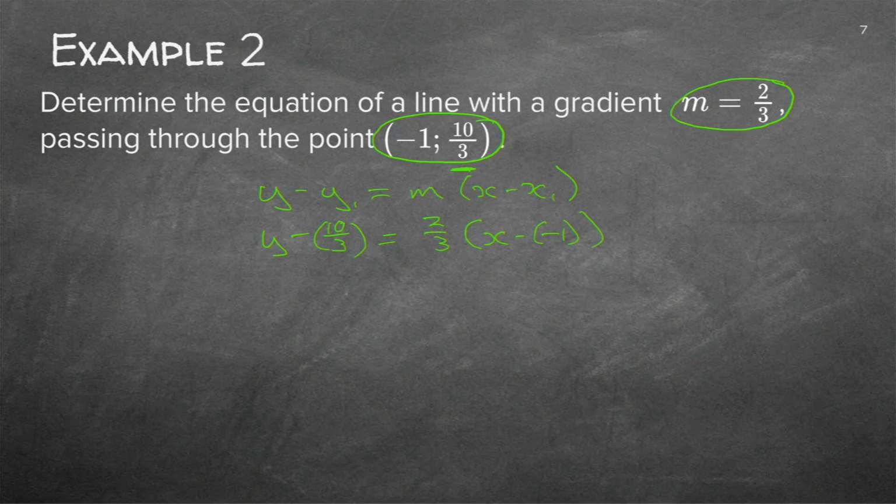Think back to previous lessons. If you did not have that bracket in the space of the x1, you already saw the minus, and you would most probably just have 1 minus 1. And in this case, it becomes plus 1 because it's a minus times a minus. So make very sure that you use brackets. So 2/3 x plus 1. I'm just going to take that 10/3 to the other side, because remember, we want only the y on this side. So it's 2/3 x plus 2/3 plus 10/3. And if you add that, because the denominators are already the same, 10 plus 2 is 12/3, which just gives you 4. And there's your answer.